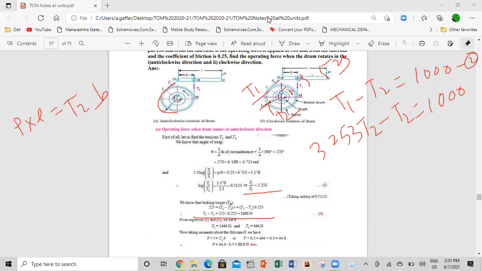Subtracting 1 from 3.253 gives 2.253 T2 is equal to 1000. So T2 is equal to